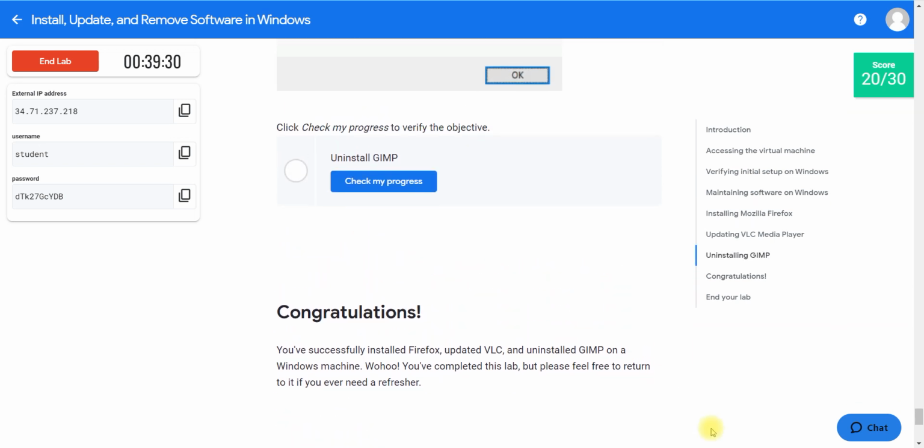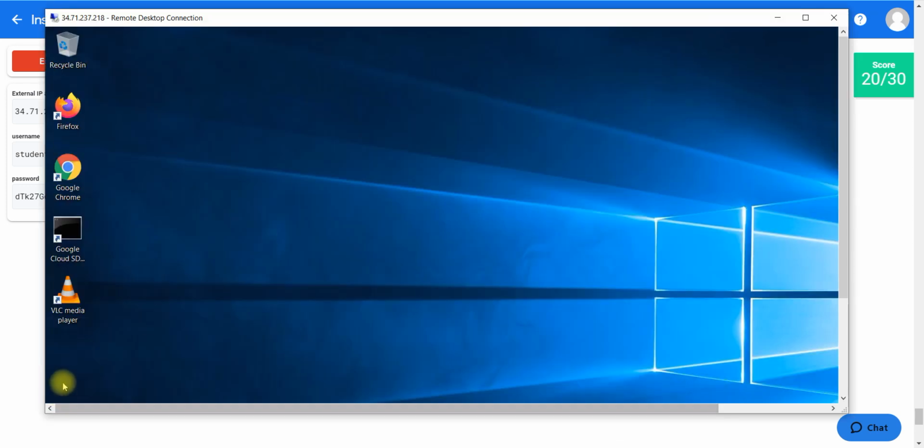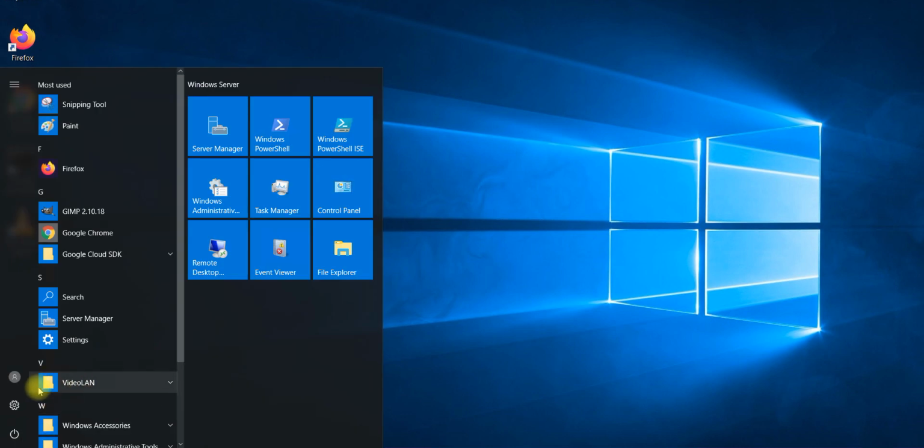I hope you know how to uninstall. I will close all other tabs, no need. Okay, and I will make this screen full. You will see actually my screen is not visible. You just click on the start button and GIMP is here.